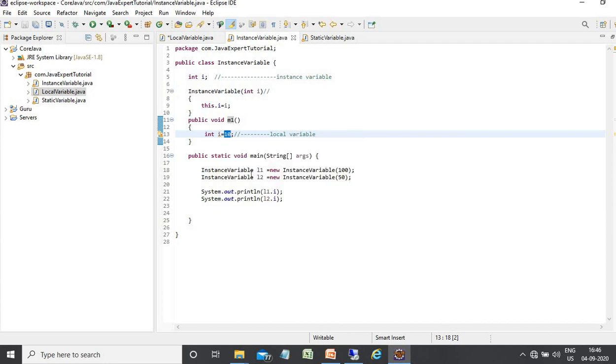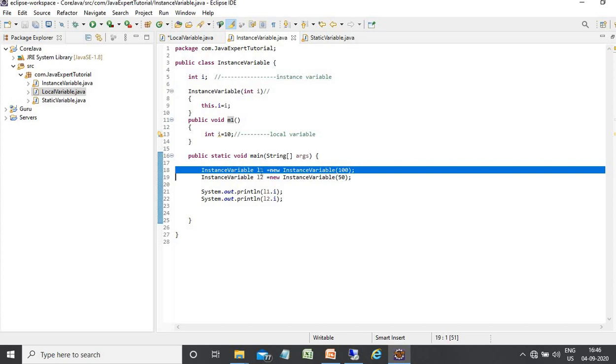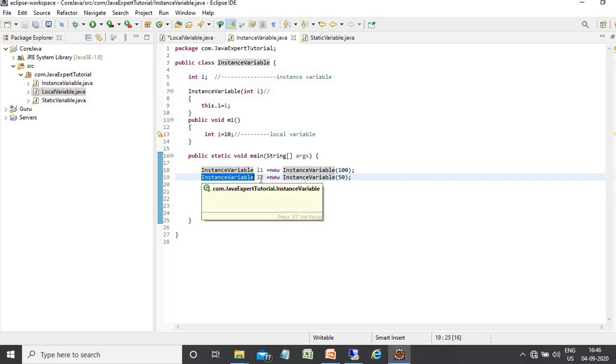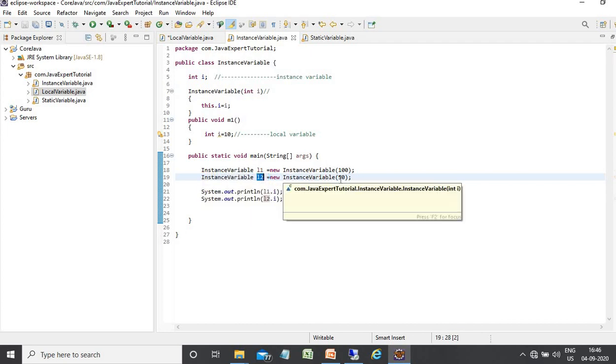Okay, so guys, first I just create one object L1 and passing the value of 100. So the constructor will initialize the i variable with value 100. And second time I create another object of instance variable L2 and passing the parameter 50.